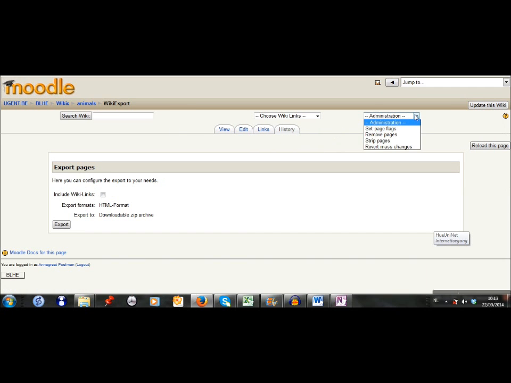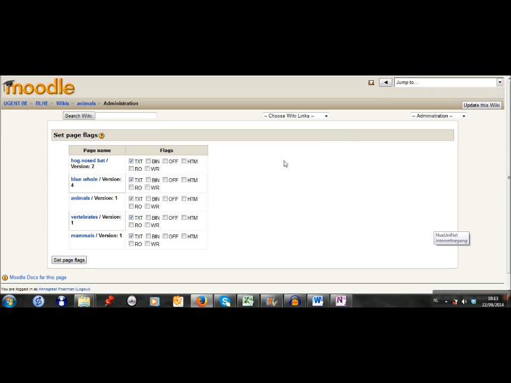Okay, here in the administration part you can set page flags. This tool is very useful to block pages. RO means read only. So for example, if I put a mark at the RO button, this means students can't edit the hawk-nosed bat page, but can only see it, can only read it. So if I click on set page flags,